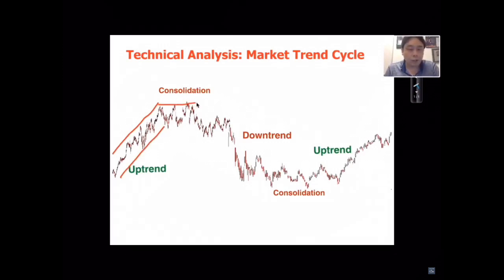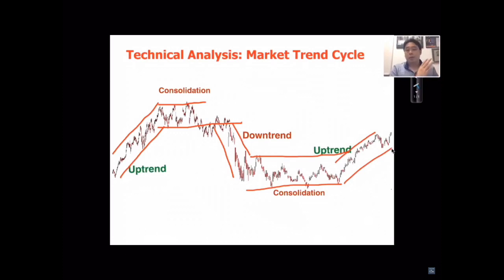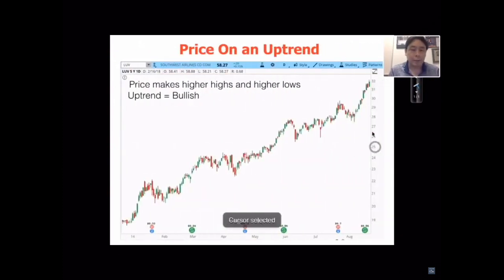And then it goes into a consolidation phase where prices tend to move in a sideways fashion. And then there are times it goes into a downtrend where it makes a downtrending move. It goes into a consolidation pattern again, and then another uptrend pattern. So again, it doesn't always go through this sequence of cycles. It could be on an uptrend and then a downtrend, or a downtrend and uptrend and consolidation. So it's critical when you're trading to know which cycle the stock or the market is in. So let's study the three different cycles.